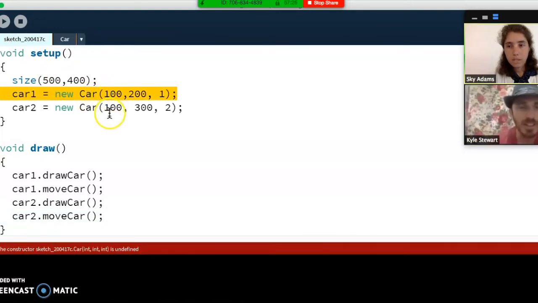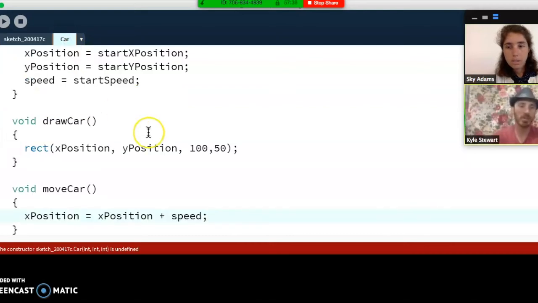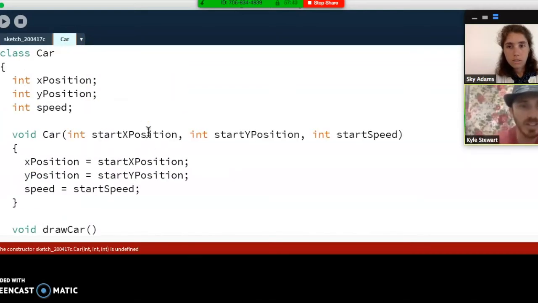Oh, it looks like we have an error, and it says the constructor is undefined. So maybe we need to check our constructor for our car class. Yes, so currently we have 3 parameters, and saying for 3 integers, it's undefined. So if we look up,